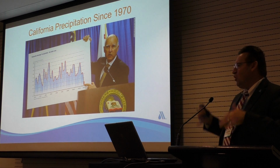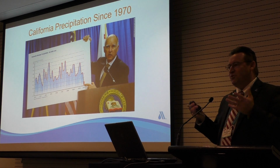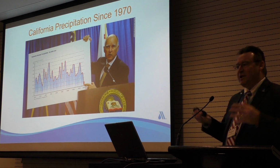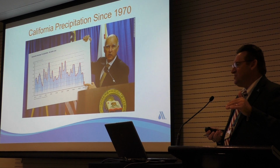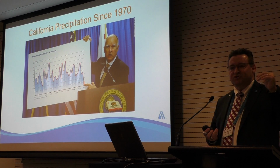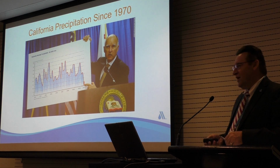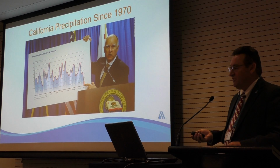If they started out low at the beginning of the year but got enough rainfall or melt-off to fill the reservoir by the end of the season, then they could go into the next season starting at zero, right? But they're not. They're starting the next season at below zero. And so it's going to take many years of higher than average precipitation, whether it be snow or rain, in order to recover. And I think that's what the governor is absolutely afraid of, that they're not going to be able to do